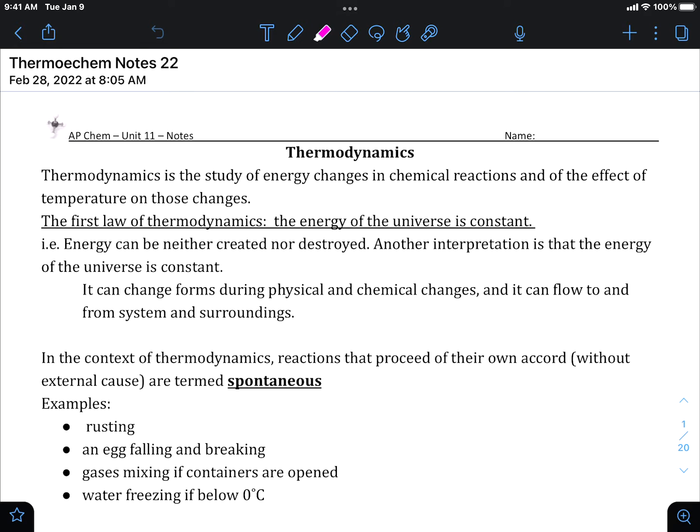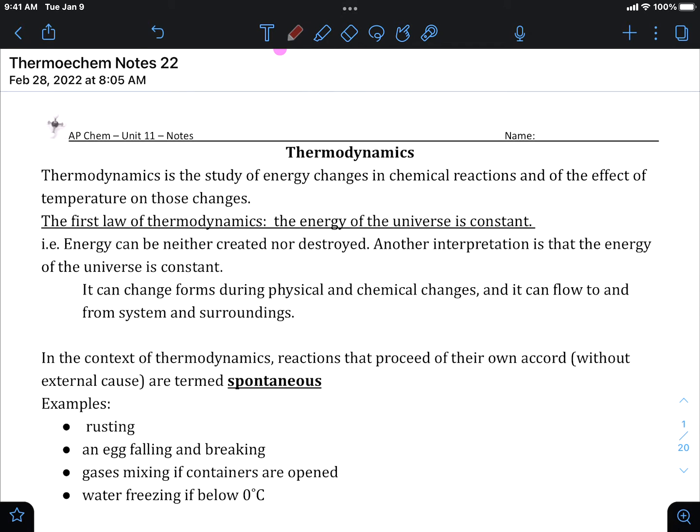Because once you understand thermodynamics, you will have a greater understanding of why all of the reactions that we have carried out throughout this entire course have happened. You'll be able to discern which ones will, which ones won't happen, and what the reason is. Whereas so far, you probably were just guessing as to why some reactions do happen and some don't. Okay? So,